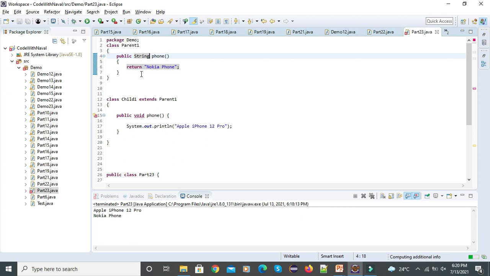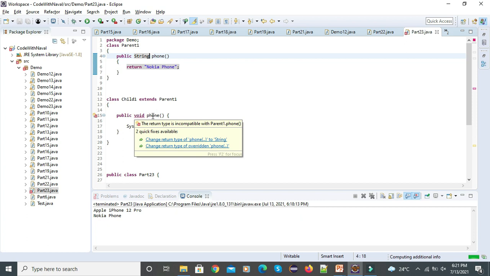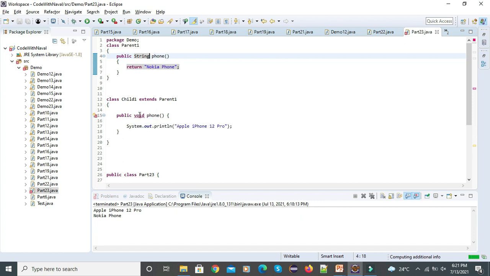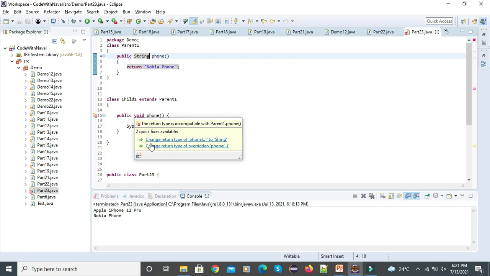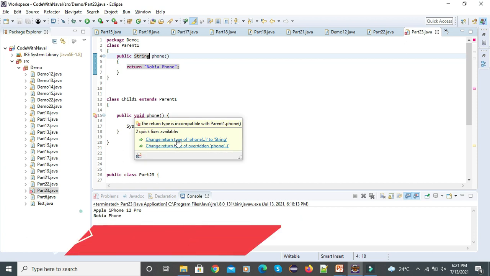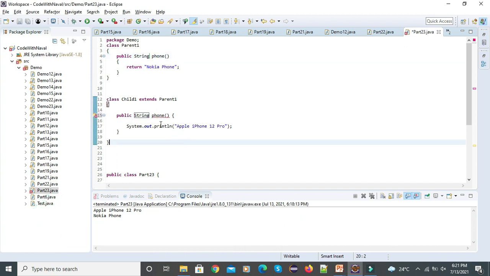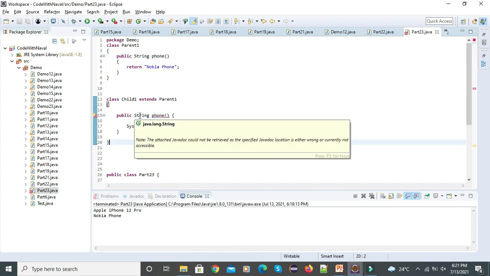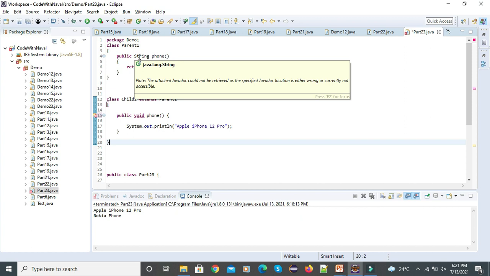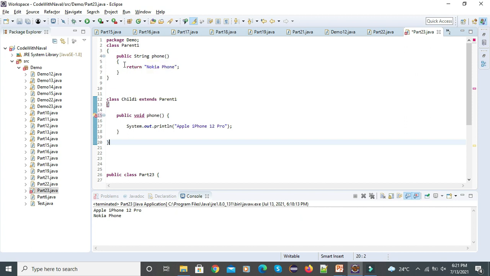Now you can see it's throwing an error. The child class phone method is throwing an error. Let's hover over here and check: change return type of phone. It's asking to change the return type. You can see here also, change to String. That means the parent class and child class return types must be the same for overriding.